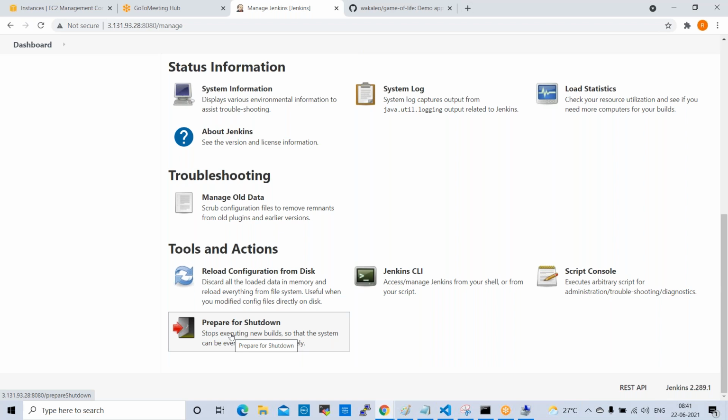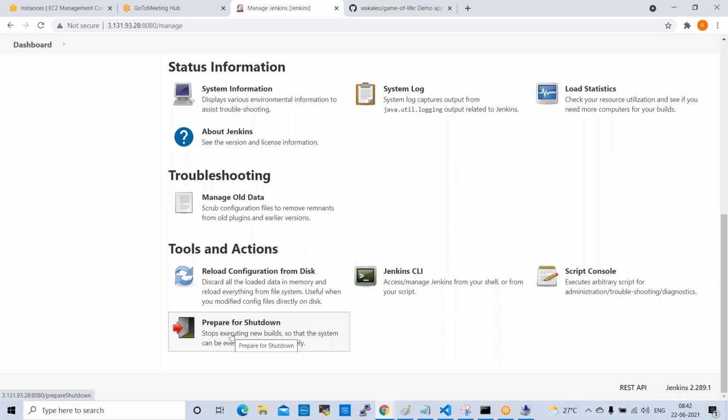Sometimes we install or remove some plugins, and if we then need to reboot the production server, we need to raise a change request, get approval from the change manager, and schedule the change for weekends only. Normally, reboot and maintenance activities for Jenkins are performed on weekends.